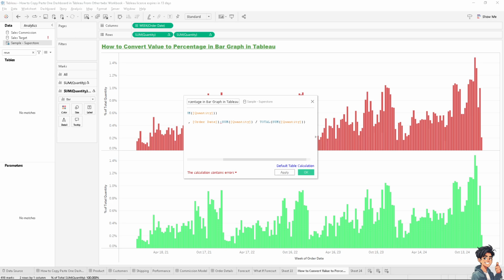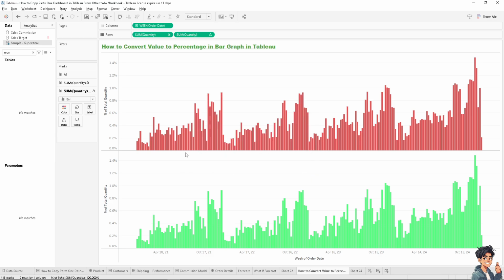Now, what will happen is the percentage here can help benchmark performance by comparing how different categories contribute to the total. All right, click on apply, and it'll make it easier to spot the areas that are underperforming or overperforming relative to the expectations. And that's it for